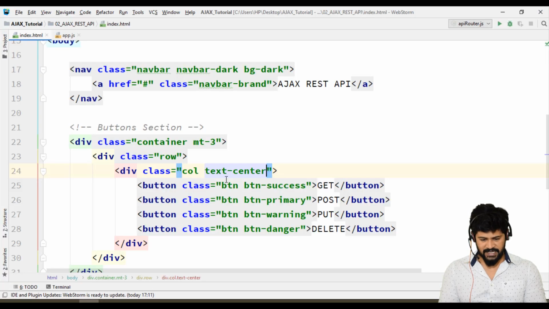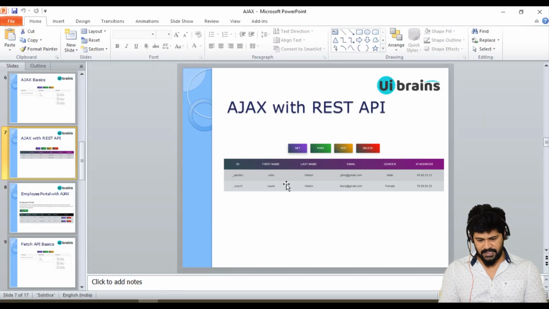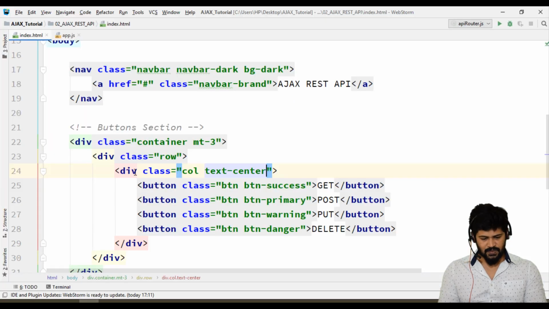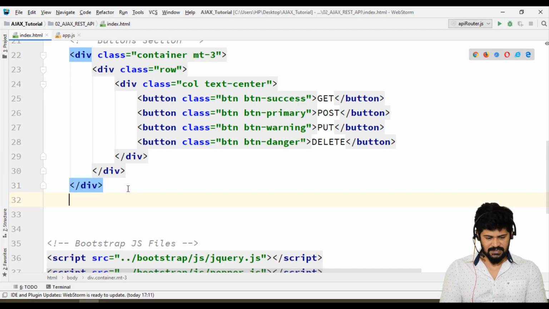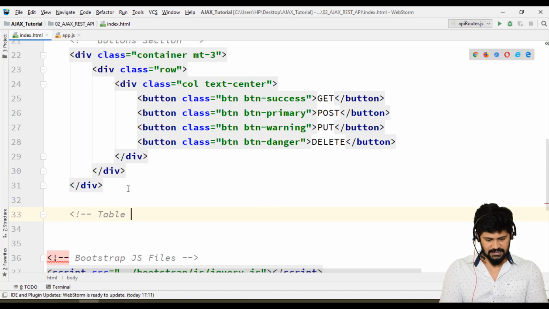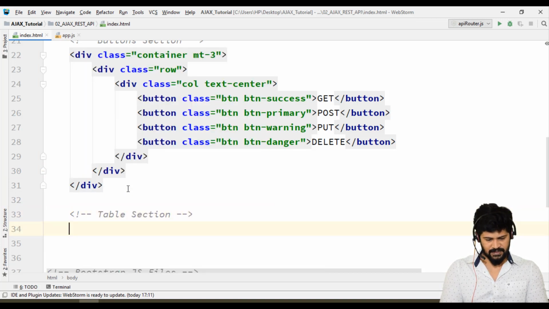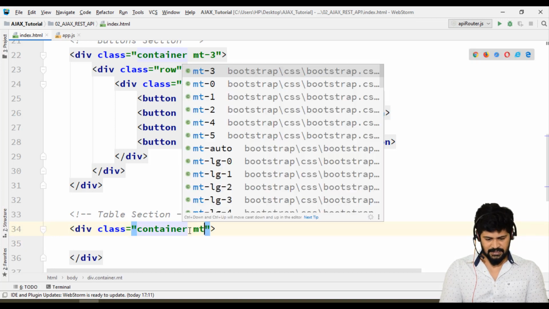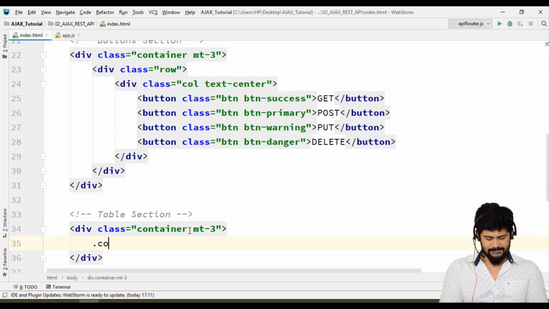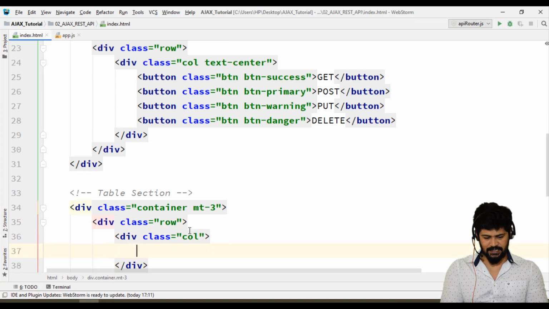Okay, so below this I want to display the data which is coming from the server in a table format, like this. So let's make a table here. Below this, add a comment for the table section, one container. Let's make some margin top 3 again, one row, single column.